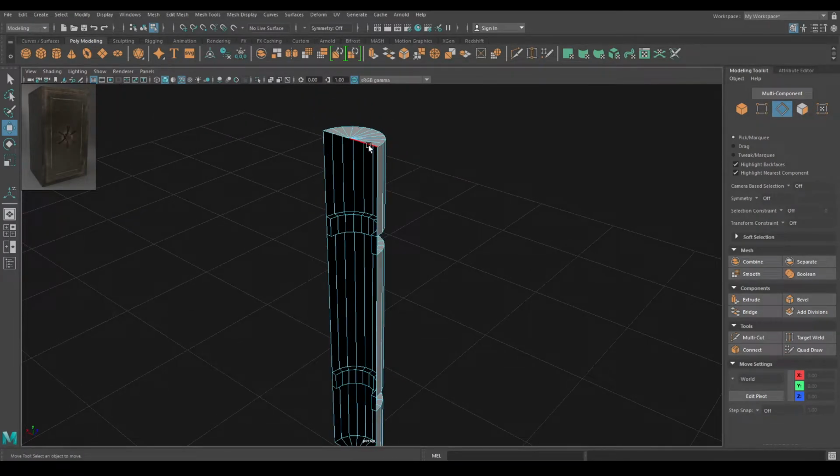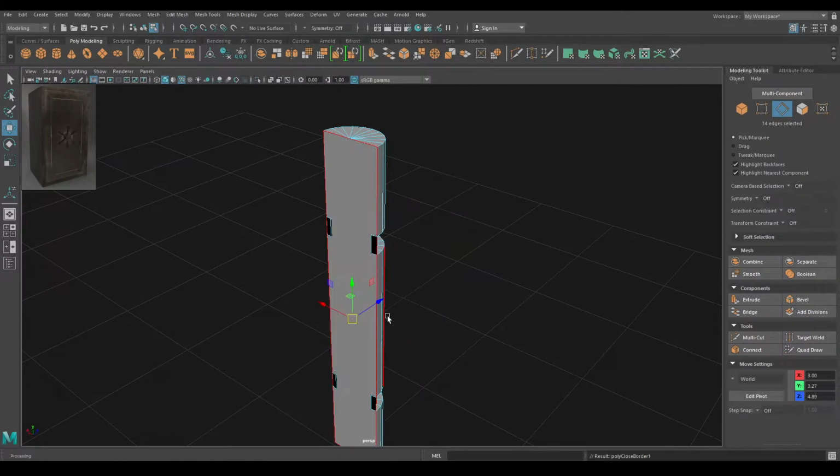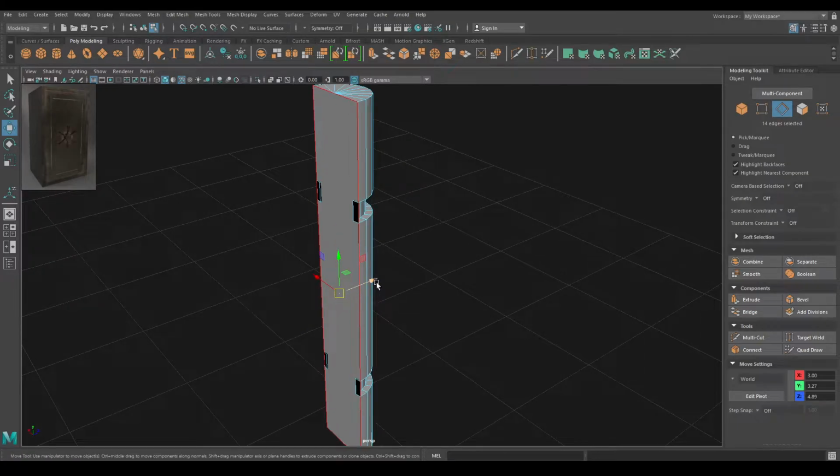Go to edge mode and select this edge. Press Shift right click and select this fill hole. Now select this Z axis. Now drag these edges in the Z axis a little bit to cover these black parts.